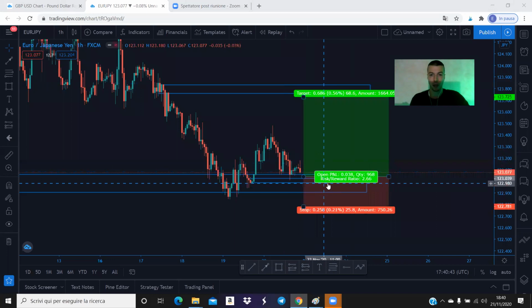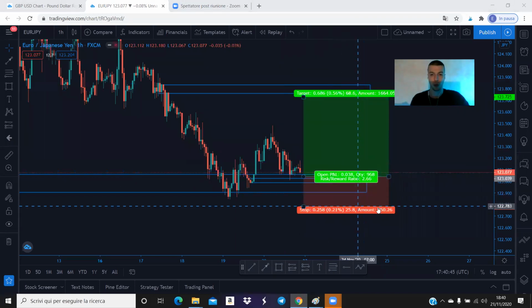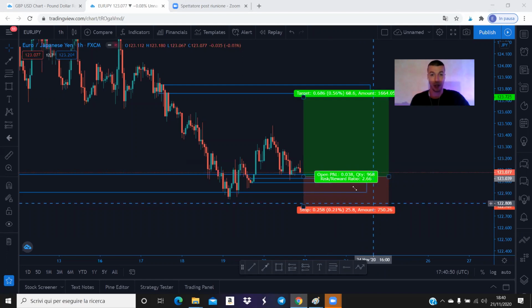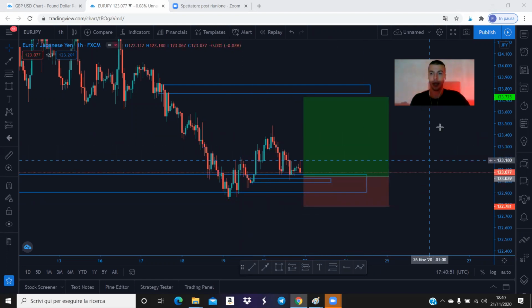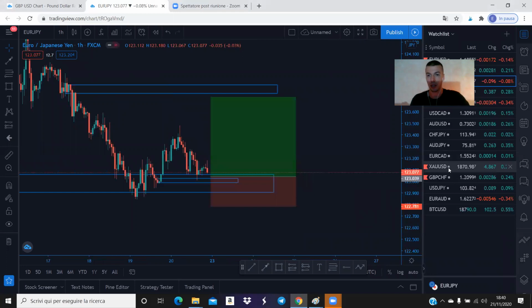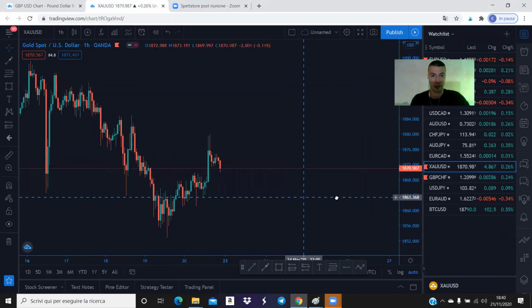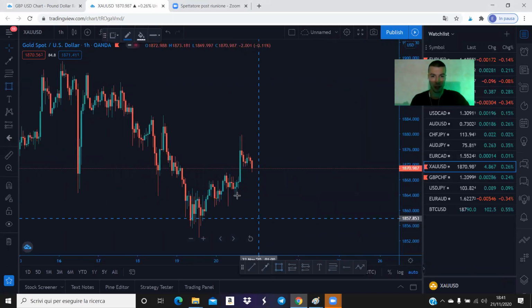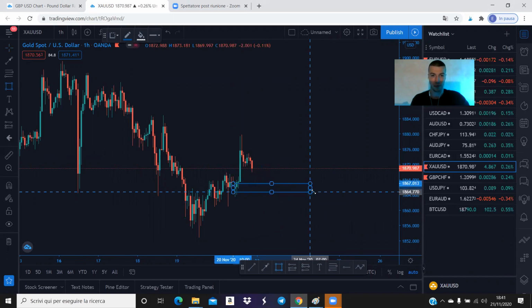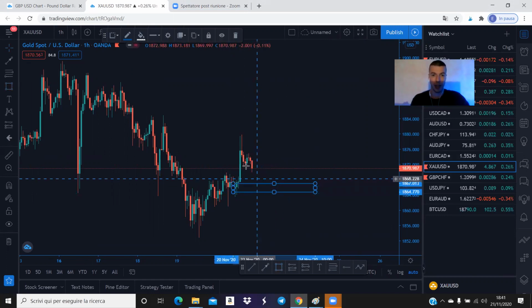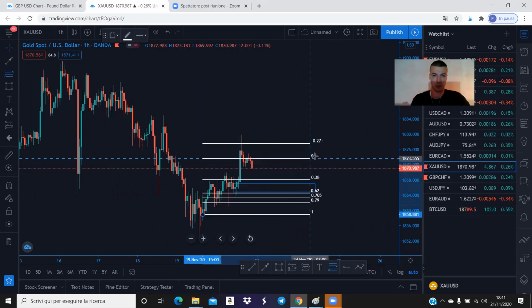Maybe we hit stop loss on this one, we lose 2% because we are risking 2% per trade. Then we enter another trade maybe on gold, from here, since there is a nice demand level,